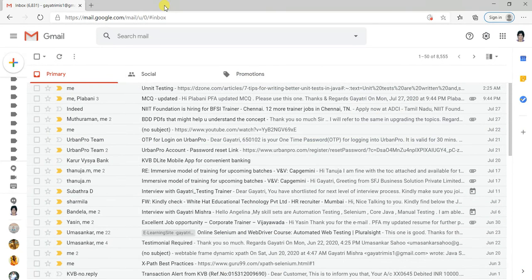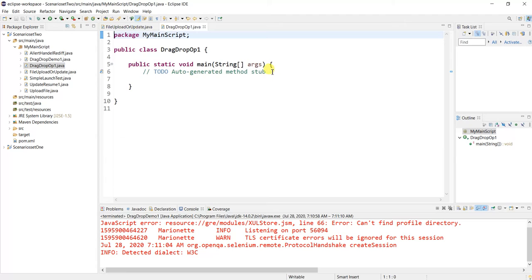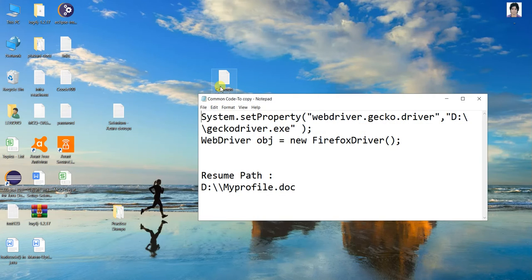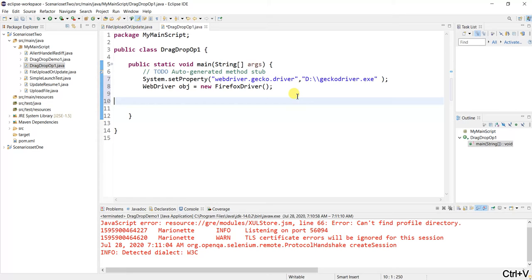Let me close it. Let me enter into Eclipse. Now let's get the common code which we will not repeat, that is driver path as well as WebDriver object. So I am using the common template code.